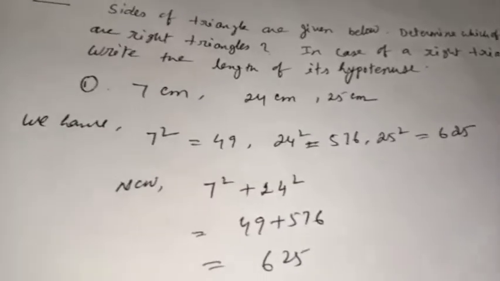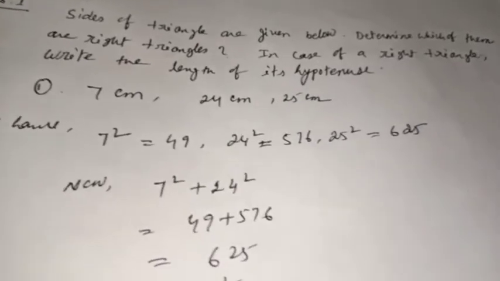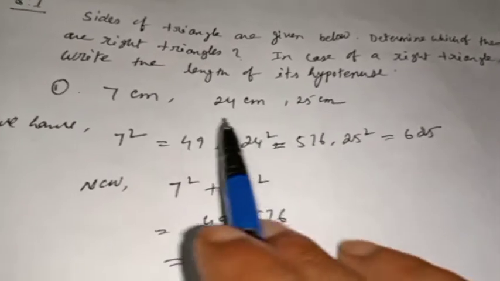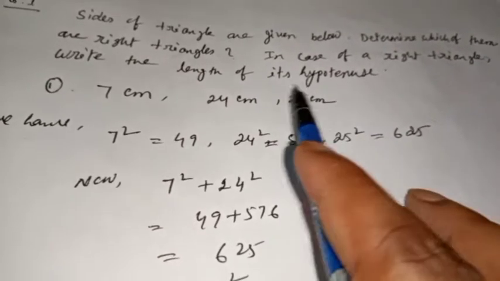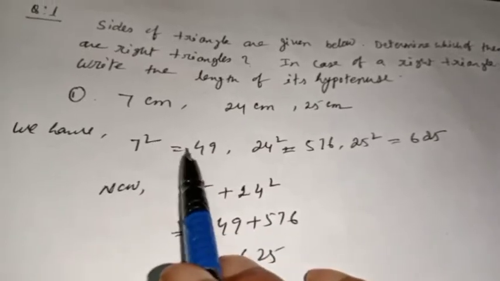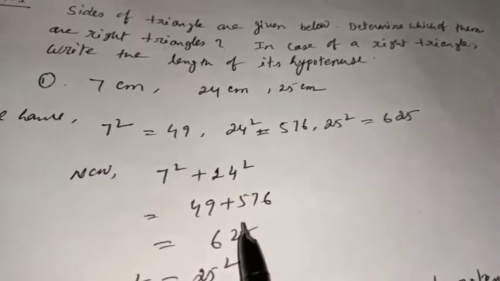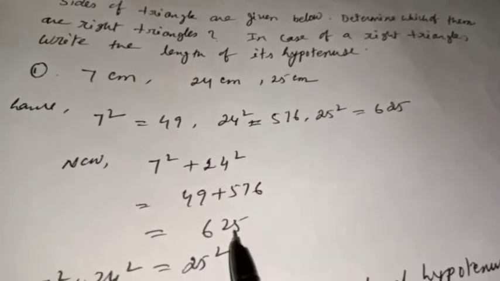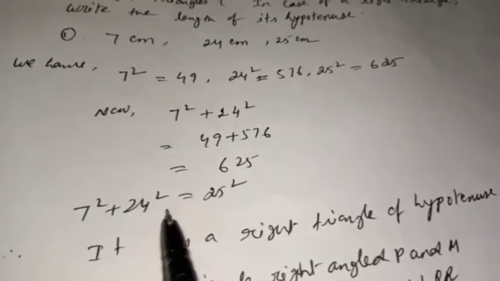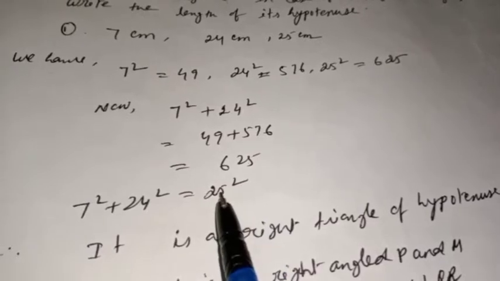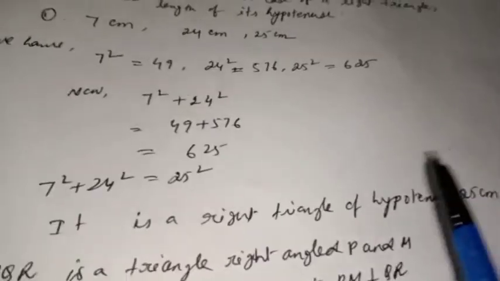After that, we can see this 25 is the longer side here. Suppose I am not saying that these are the sides of a right triangle. Suppose these are the sides of a right triangle, then which will be the hypotenuse? As we know the hypotenuse is the longest side, so maybe 25. So that is why we have to add these two, 7 square plus 24 square. How much? 625. And it is interesting that 625 is equal to what? 25 square. That means 7 square plus 24 square is equal to 25 square. It satisfies the Pythagoras theorem. So it is a right triangle with hypotenuse how much? 25 centimeters. You have to write like this, okay?